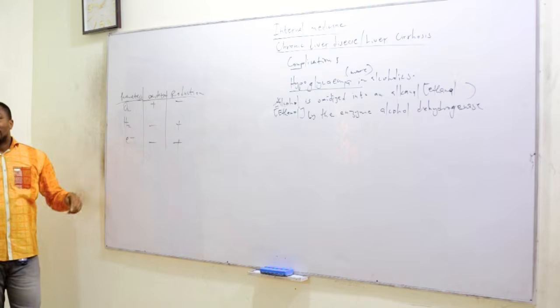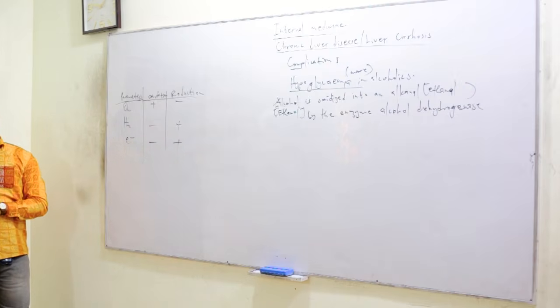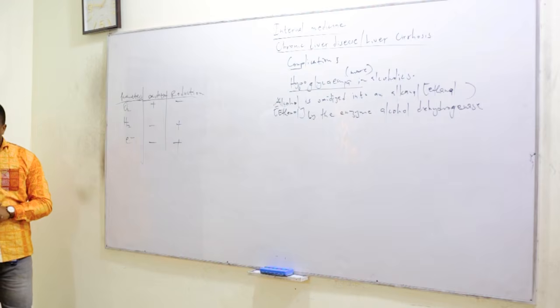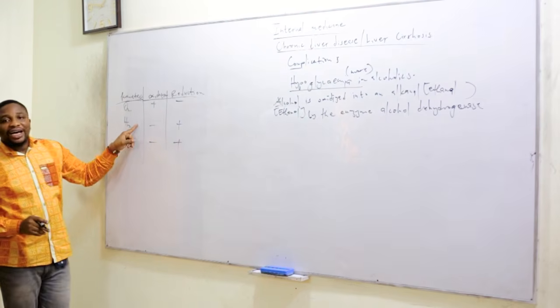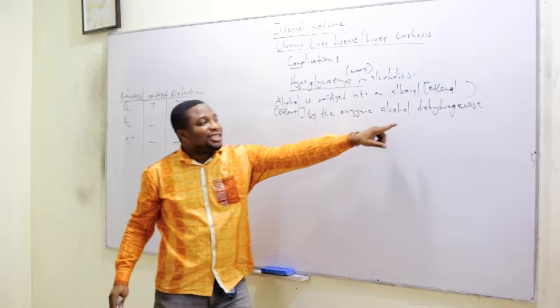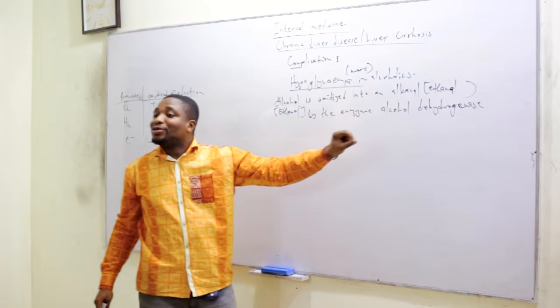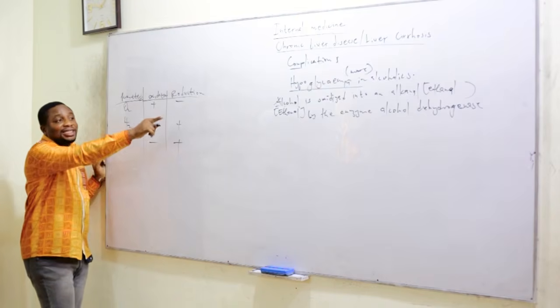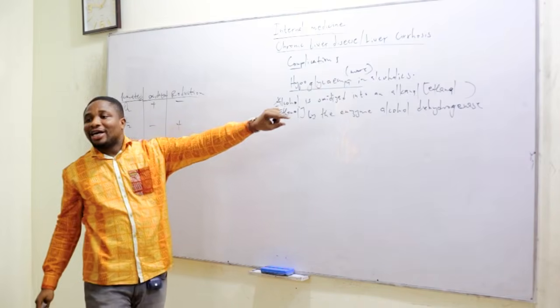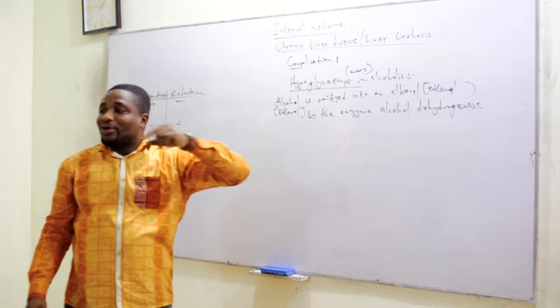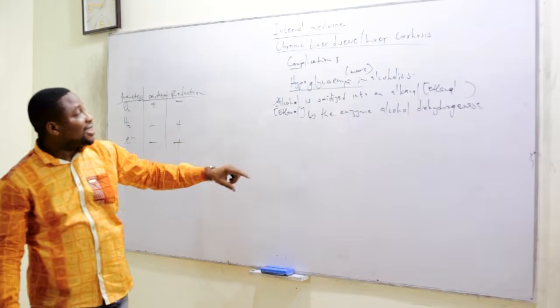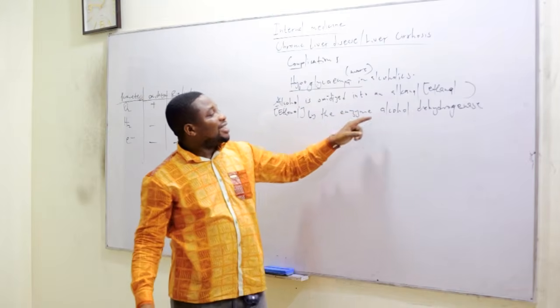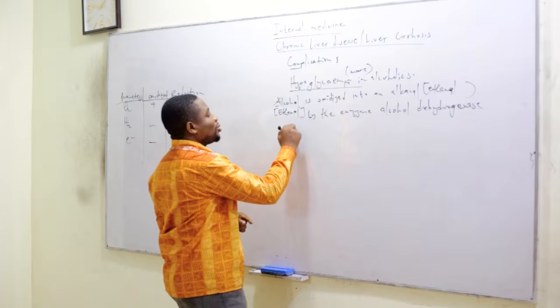We are adding what? Electron. Is that clear? Are you following? So if we are removing hydrogen, what are you doing? You are oxidizing. That's why you are saying that alcohol is oxidized into an alkanal by the enzyme alcohol dehydrogenase. So in that case, we will say ethanol going into